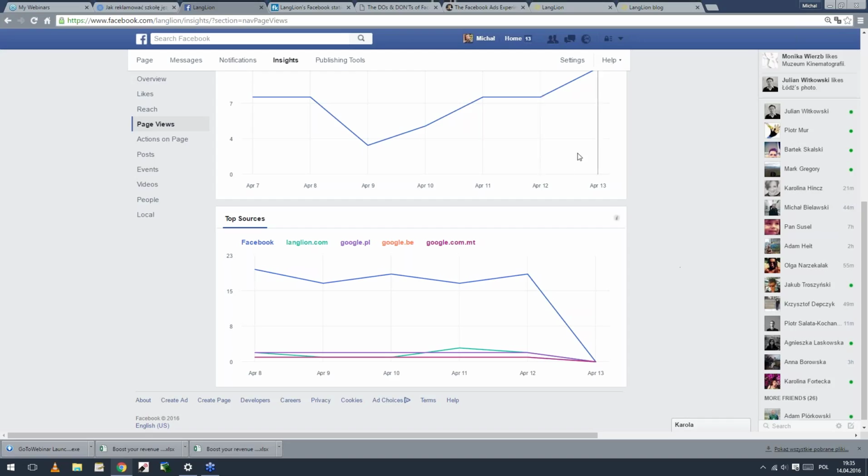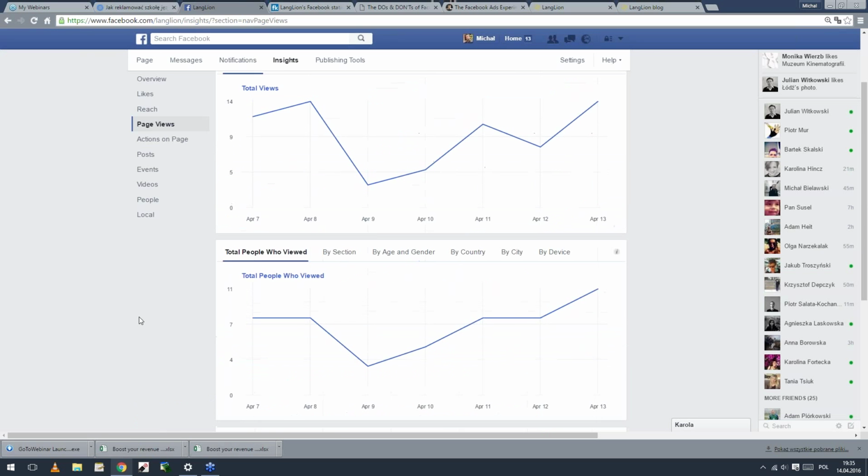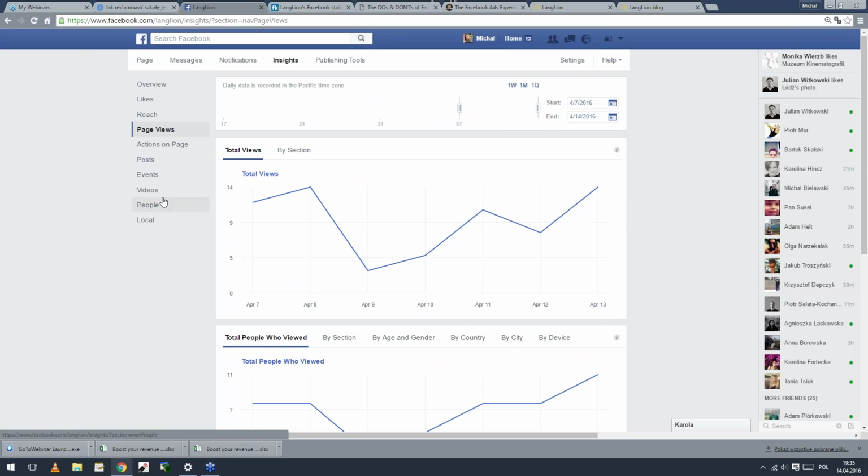But as you agree, probably this depends on the situation, depends on your main target. But anyway, I recommend that you see this part, insights, before you plan any campaign, because here you will see